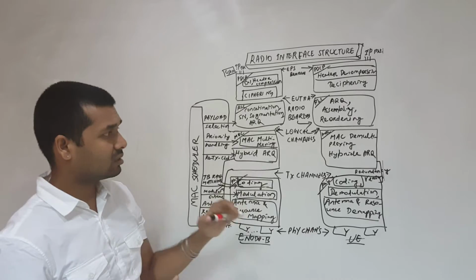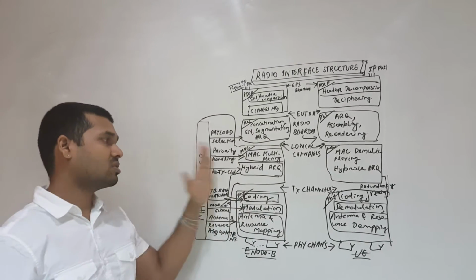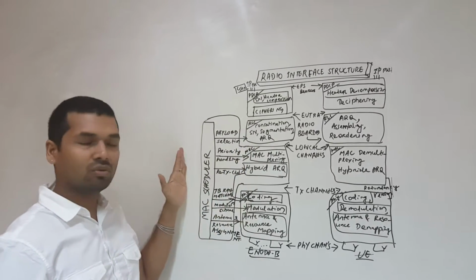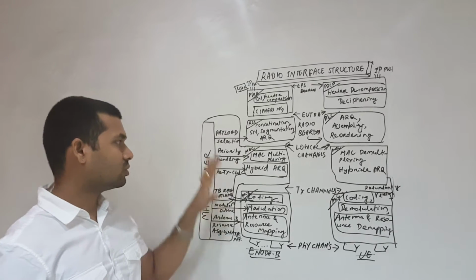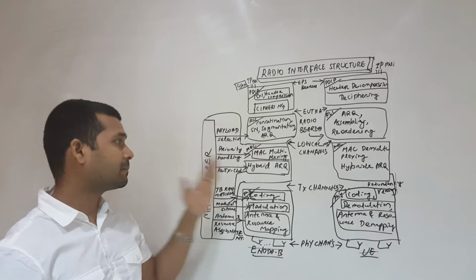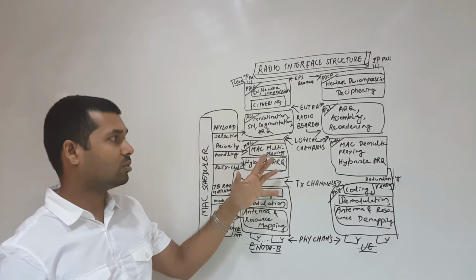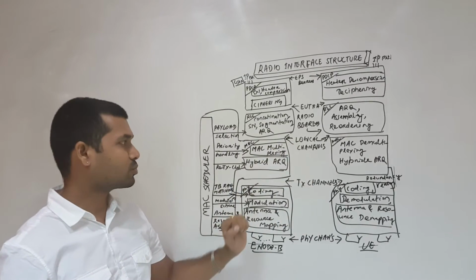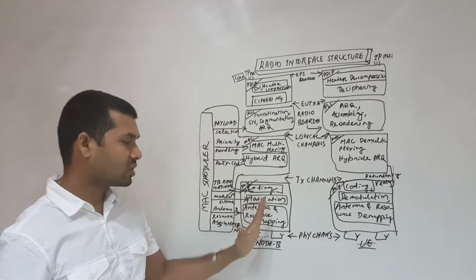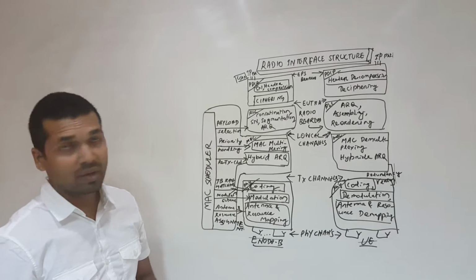Moving forward, MAC, it's really important. The medium access control and the MAC scheduler. I think most of the functions are controlled by the MAC scheduler of the eNode B. So this is very important. But overall we will go first, then I will explain the MAC scheduler separately. Here we do basically the multiplexing of the channels, logical to transport, and hybrid ARQ is used. Then in the physical layer, we do the coding, modulation, and the antenna and resource mapping.